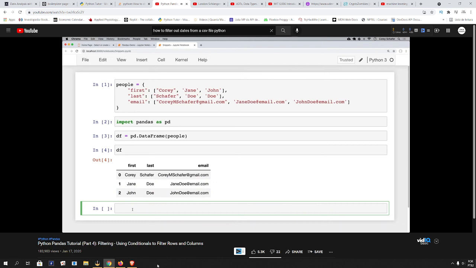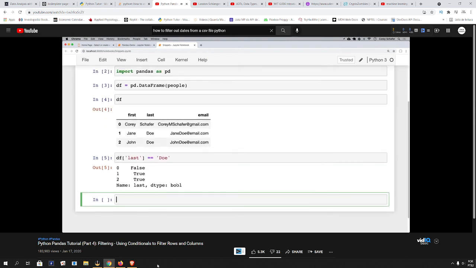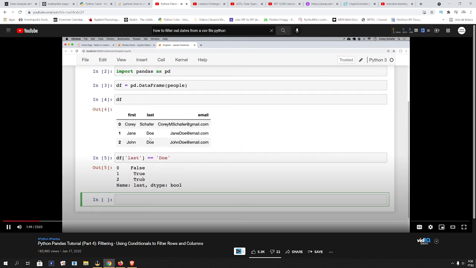So in our bottom cell here, I'm going to put a comparison that says DF, and then we want to access that last name column. And now we can just say if that last name equals Doe. So if I run this, then what we get back is a series object. And this might not be what you expected. So maybe you thought we would just get a